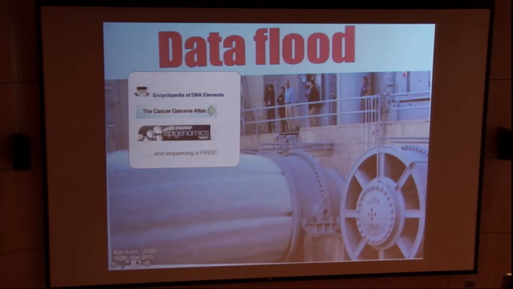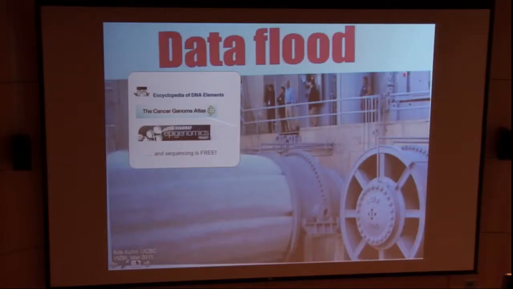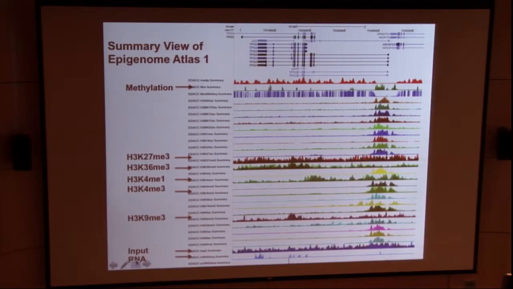So as mentioned, one of the major challenges, the data that's being produced in the genomics and epigenomic field has really been exploding. There's ENCODE, there's TCGA, there's the Roadmap Epigenomics project. I'm actually part of this Roadmap Epigenomics project. I built genome browsers for them. So lots of the discussion is going to be focused on examples from this project here. So this is putting one of the first so-called epigenome atlas data on the UCSC genome browser.